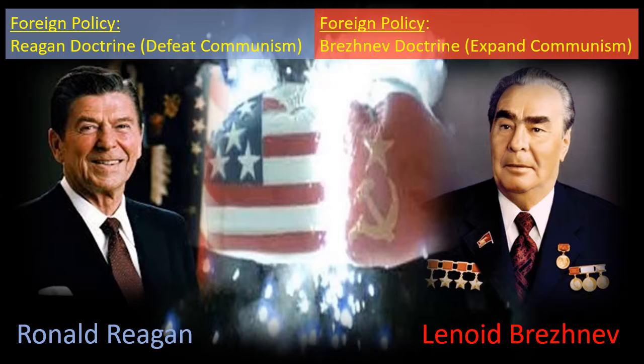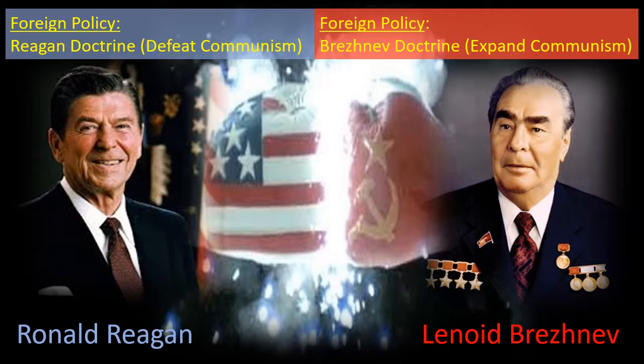So the United States decided to elect Ronald Reagan as president in 1981. He promised to lower taxes, to improve the U.S. economy, and to defeat communism. Reagan's foreign policy plan to defeat communism is known as the Reagan Doctrine. While Reagan's policies led to increased government spending, his tax cuts did, at least temporarily, improve the U.S. economy.